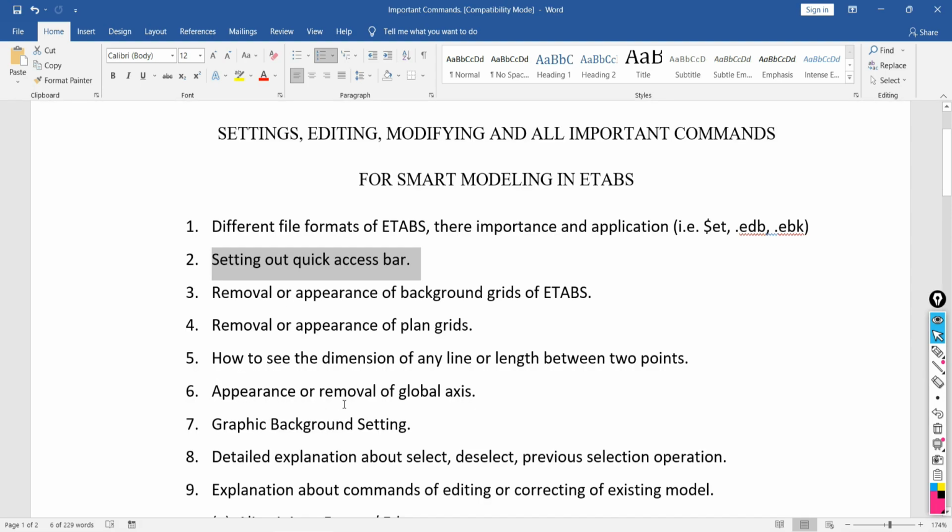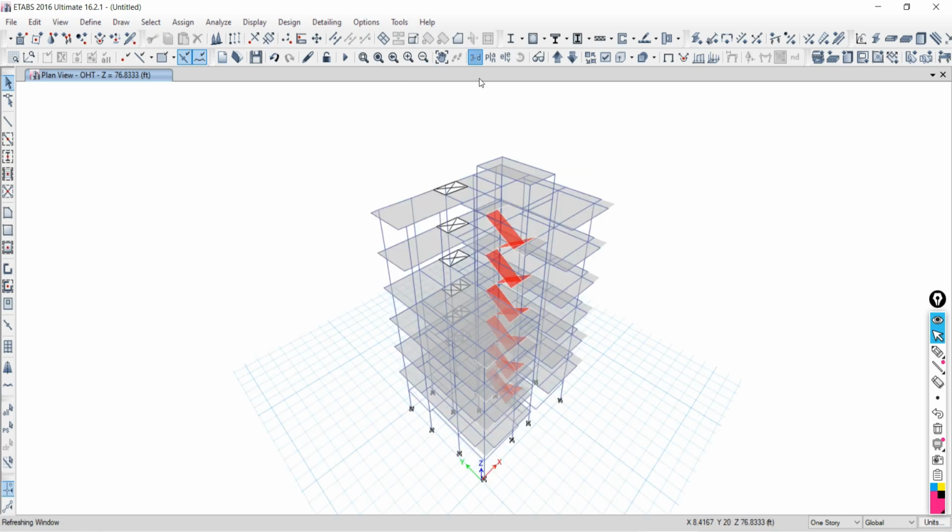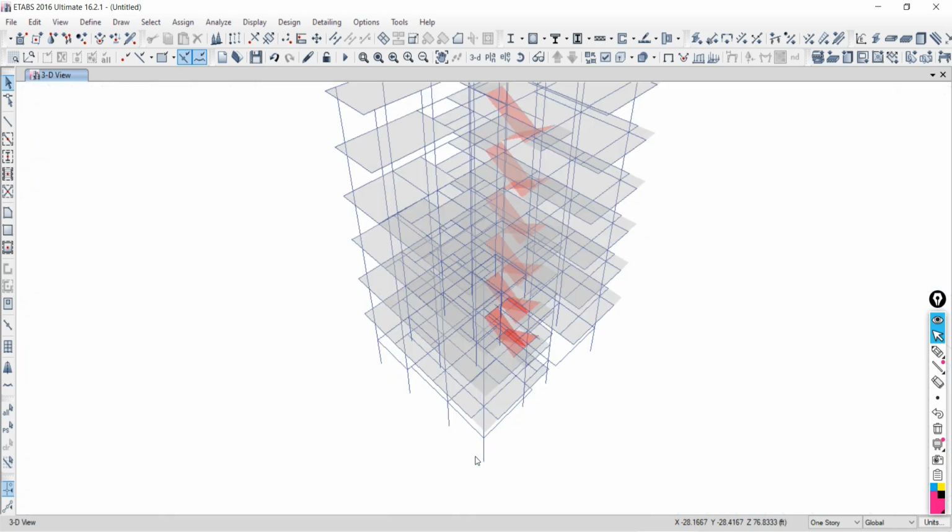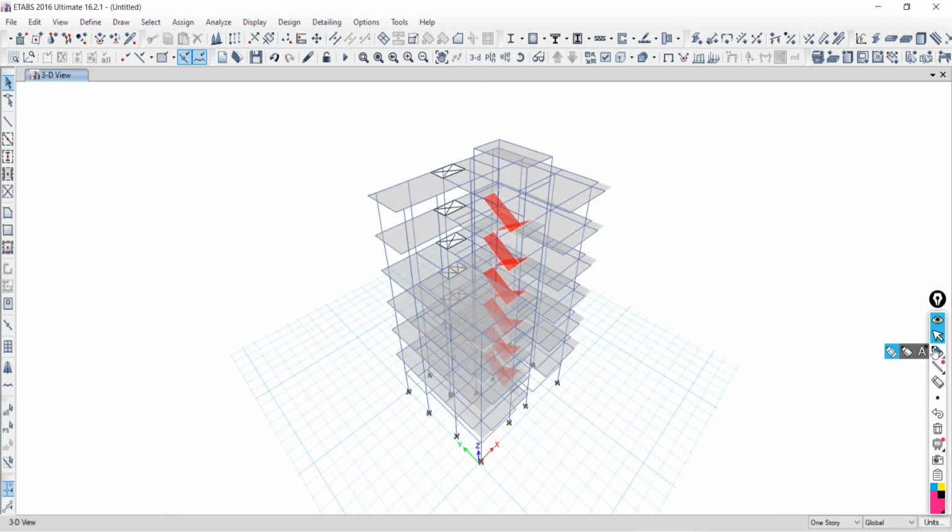Appearance or removal of the global axis. Just go back to your tabs. You know very well the global axis. The axis system that represents your entire structure, we call it the global axis, as you can see here.